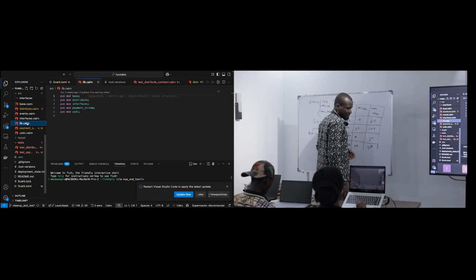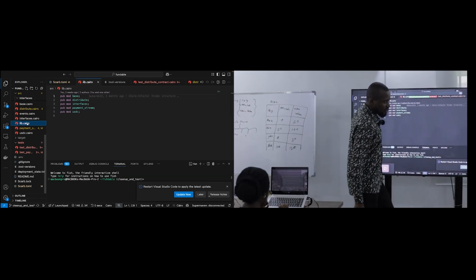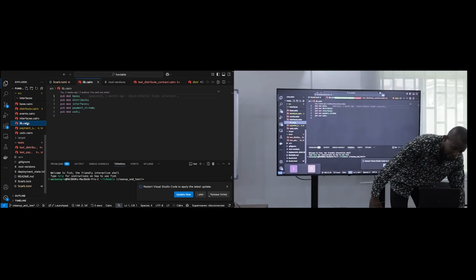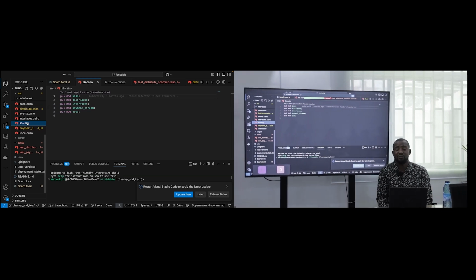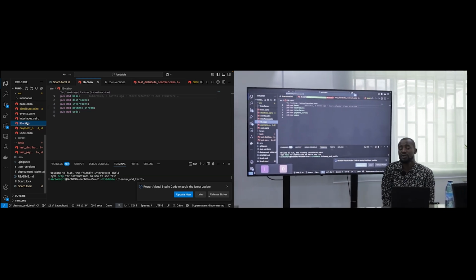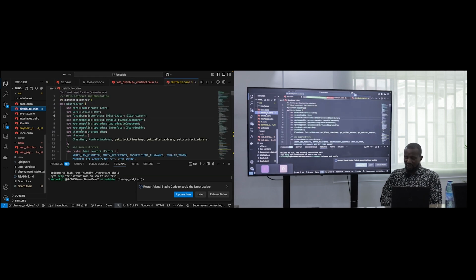If you wish, you can decide that all of your code, without branching out for organization, will be inside your lib.cairo. It is going to work. But the lib.cairo must be present. Are you following? Yes, sir. So here, because of organization, we decided we need different modules. We have base, we have distribute, we have interfaces, we have payment stream, and USDC. But back to our original talk,